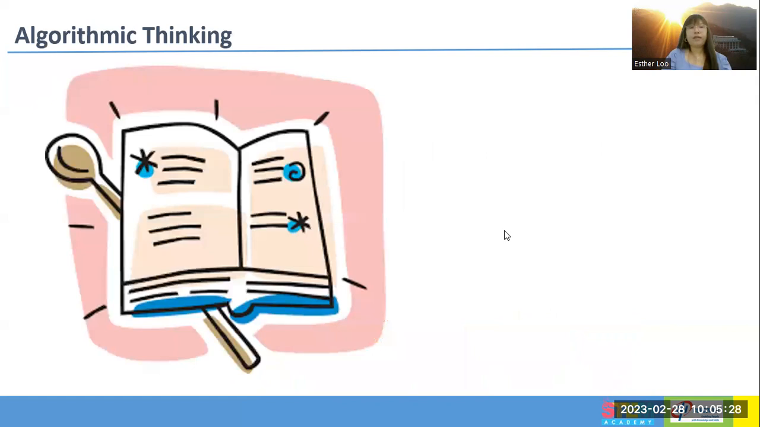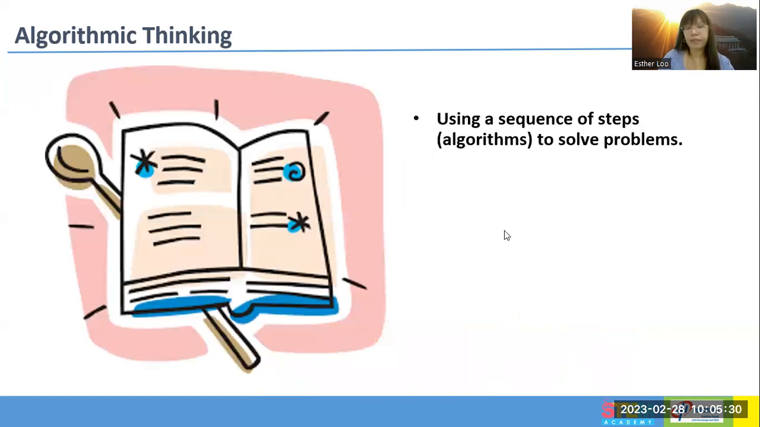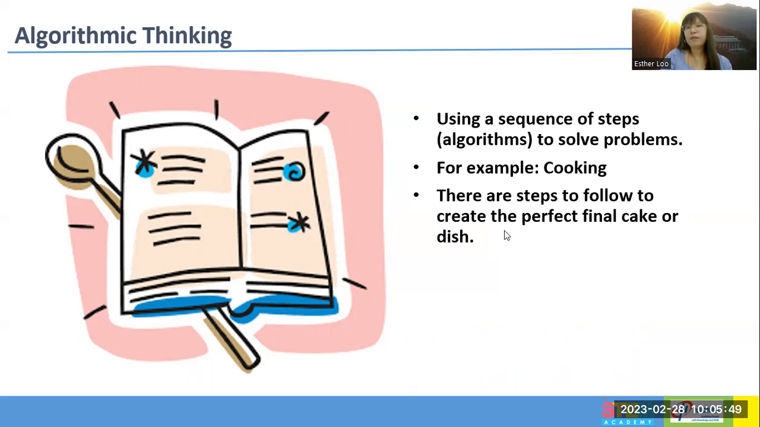Next one, algorithmic thinking. Using a sequence of steps to solve problems, we call it algorithmic thinking. A very good example is when we do baking or cooking, where we follow the recipes. We follow the steps from the recipe, step 1, step 2, step 3. And afterwards, when we follow all the steps, then we can create the perfect final cake and dish and present it